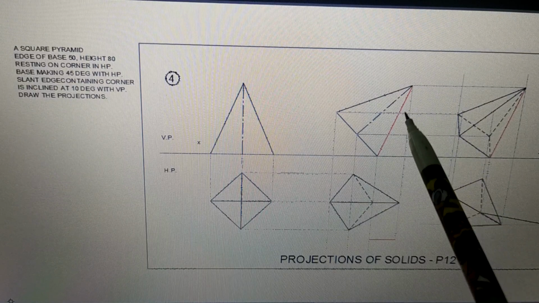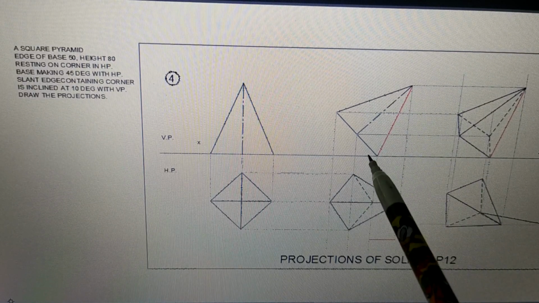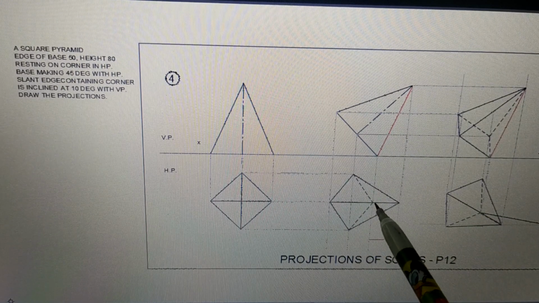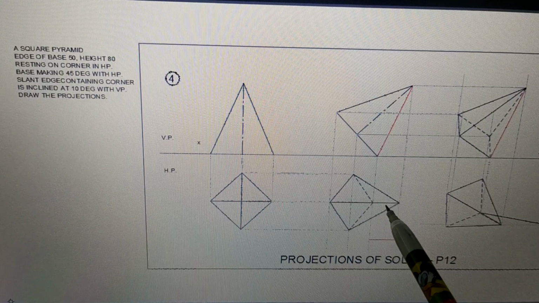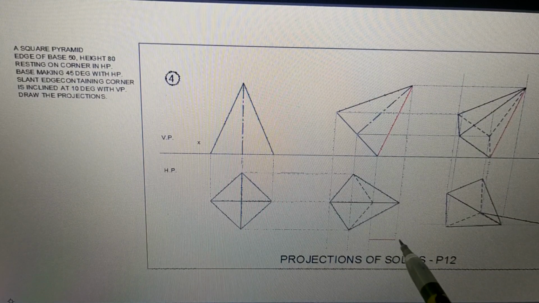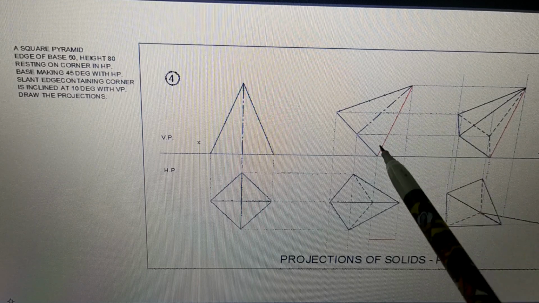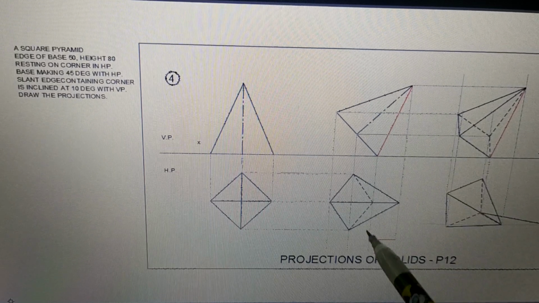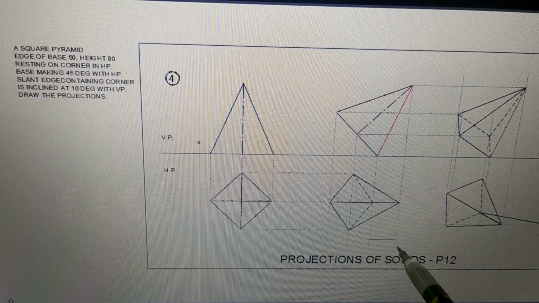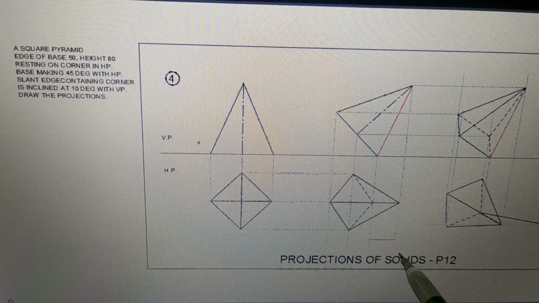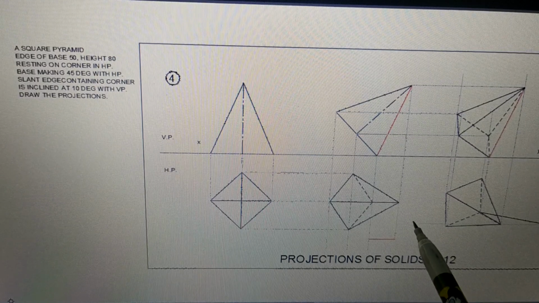Now this edge containing corner is showing its true length, and the same length is here in the top view as the apparent length. Now this length is separately shown here because this is the apparent length of the edge. So we are talking about this edge, the apparent length of this edge. When you see from top this edge will be seen like this. So up till here it is only first inclination.